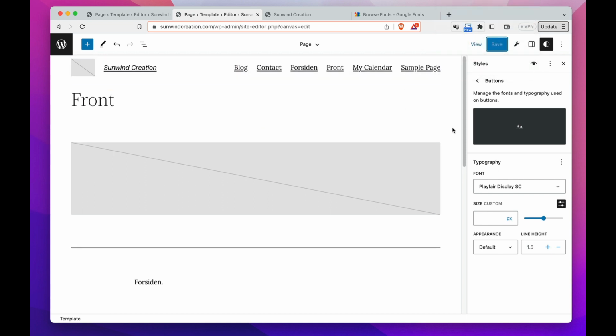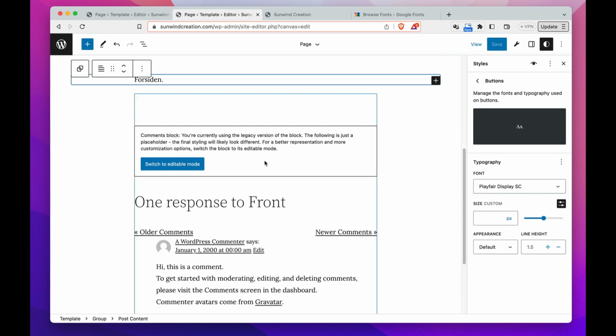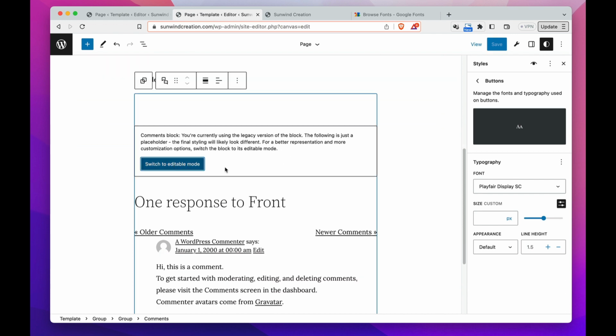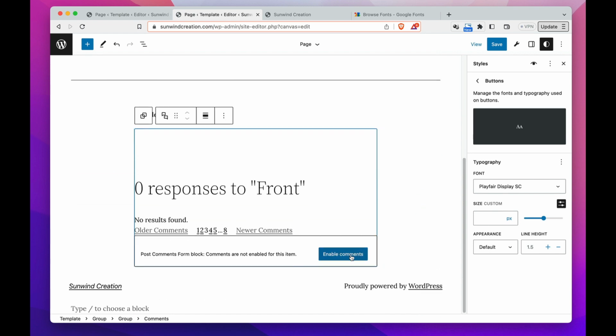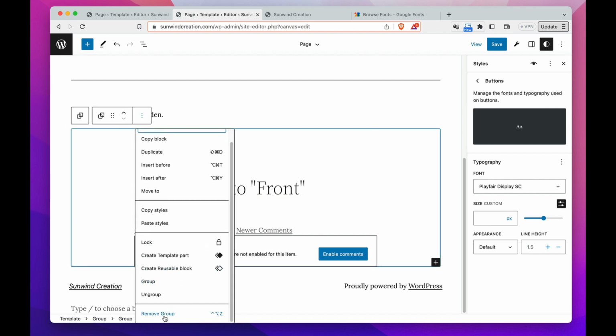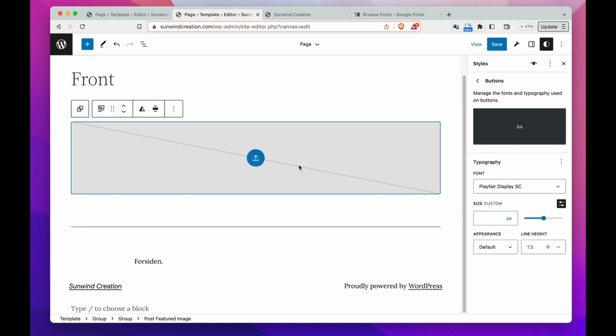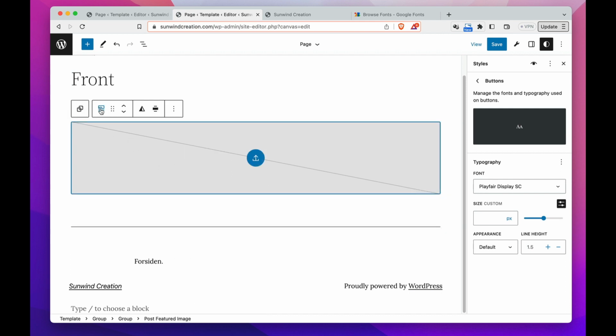Okay, so I'm in the front page here. Forsiden, which is front page. Switch to editable mode. I'll just click this. It says using the legacy version. Enable comments. I don't want comments on my pages, so I'll just remove that. Front, this is the post featured image. I don't want to use it for that, I think. How about if I'm going to do something else? I will change this to